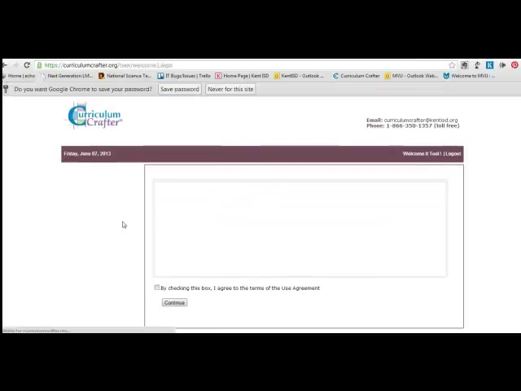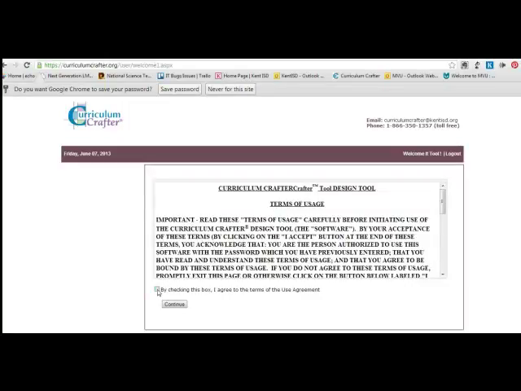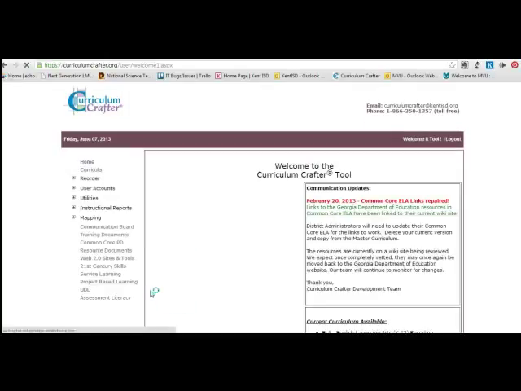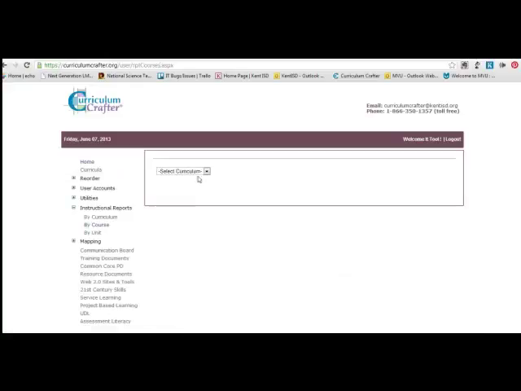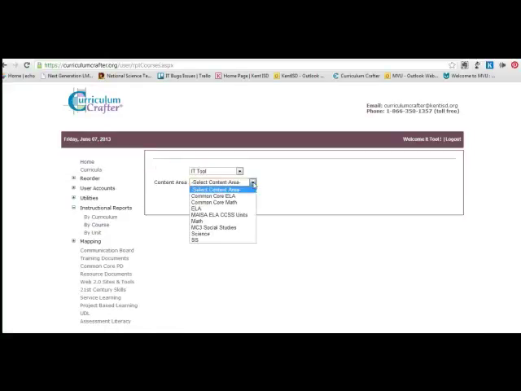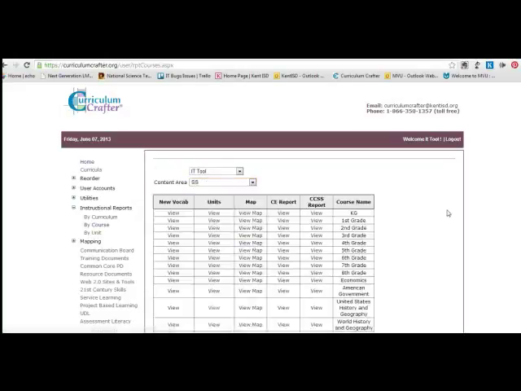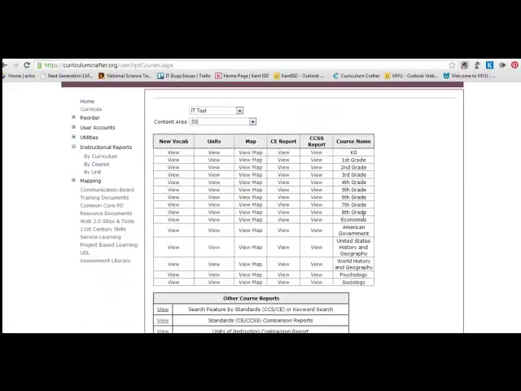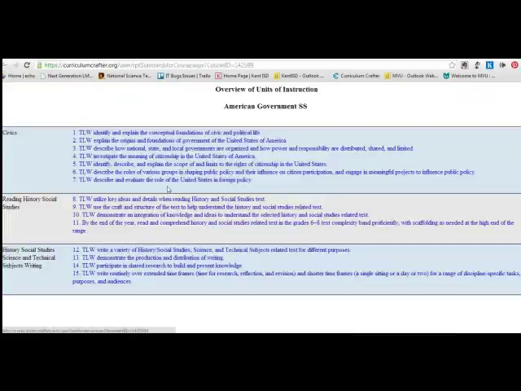And once you're into the Curriculum Crafter, you will go to the instructional reports, and I find it easiest to go by course. Since we've been sticking with government, we'll stick with government for right now. Science will be set up very similar. So if we go to social studies and let's pick American government, I like to view by unit. And your scope and